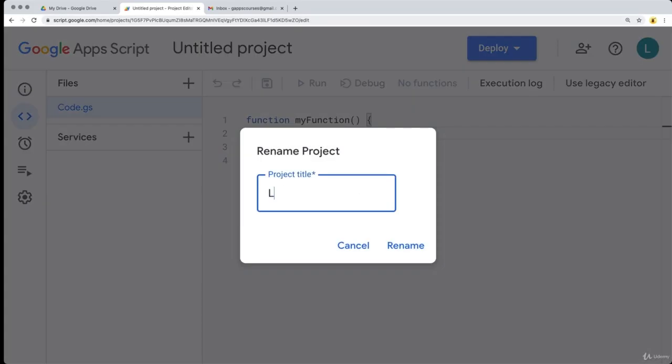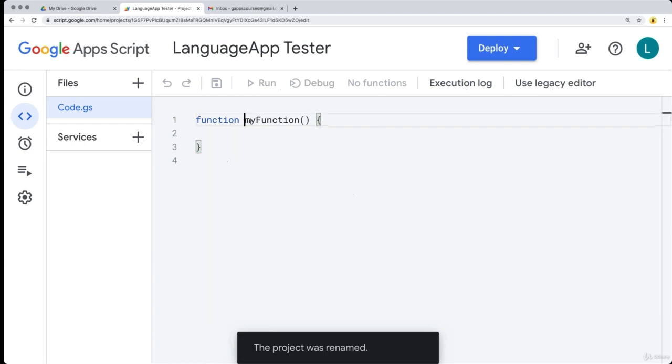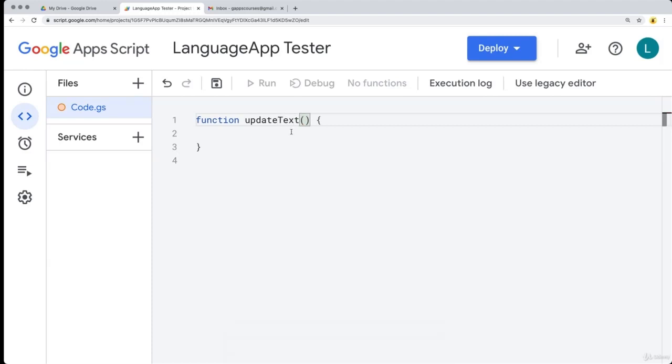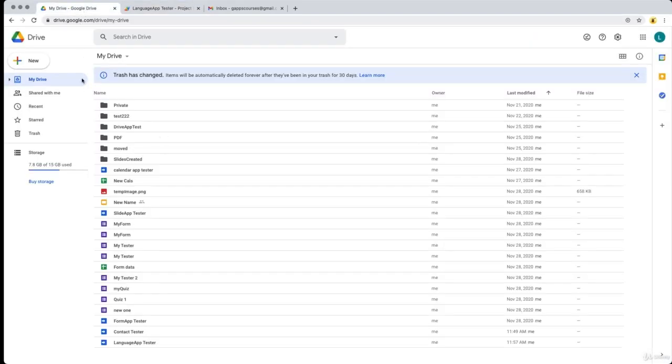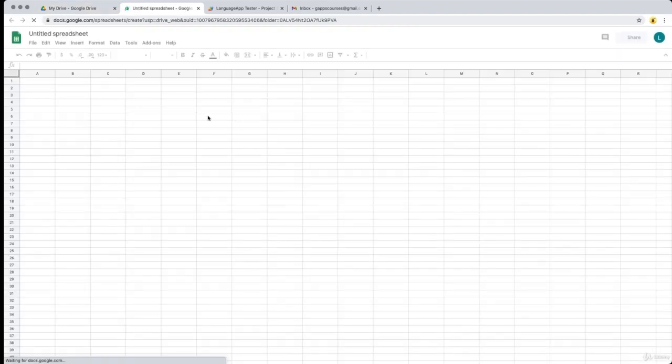Let's give this a name, and I'll just call it language app tester, and we'll create a function. We'll call it update text, and this way we can translate the text. We need to select the text object that we want to translate, and then we want to output the translation. So let's go ahead and create a brand new blank spreadsheet, and we'll